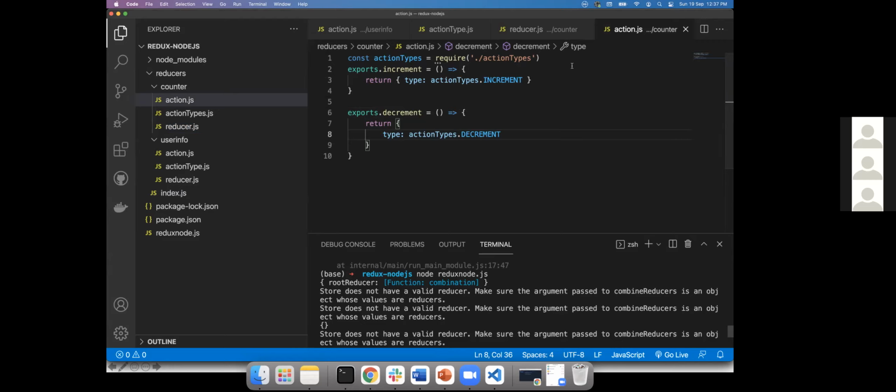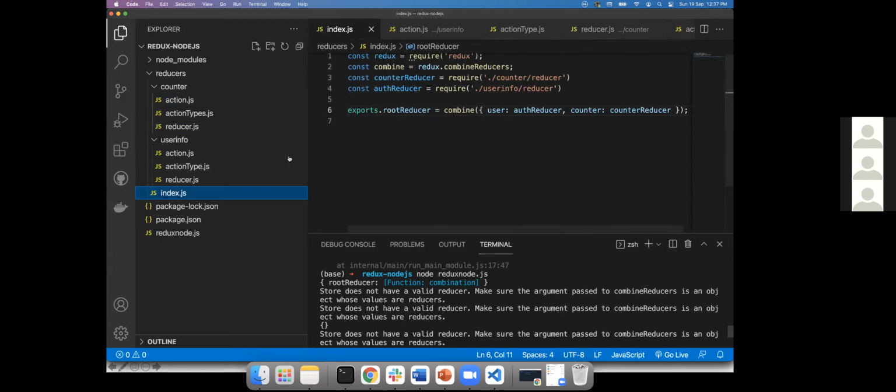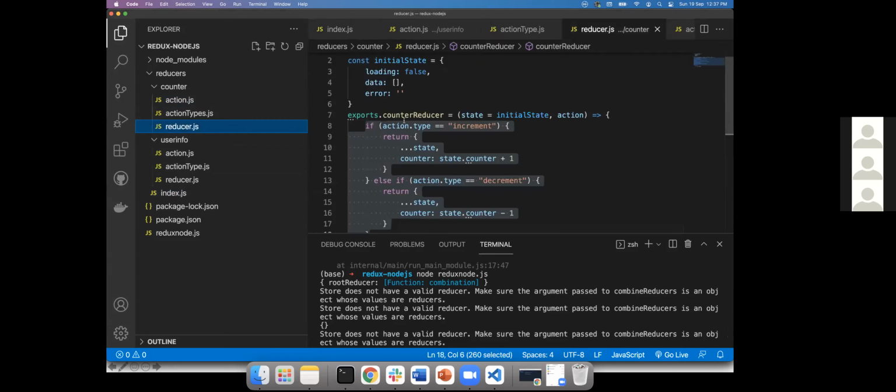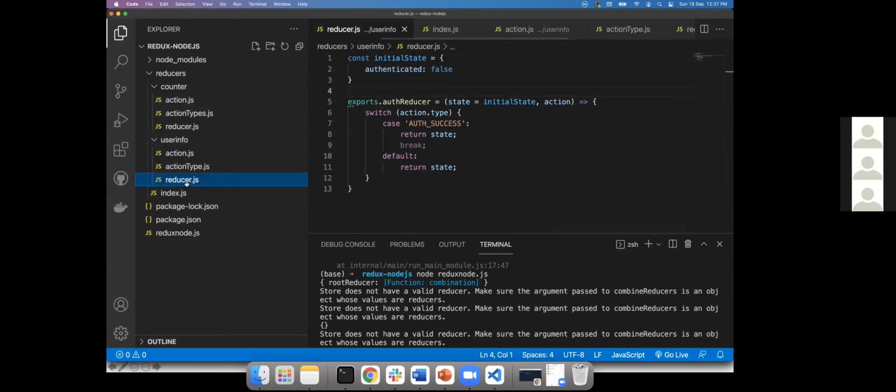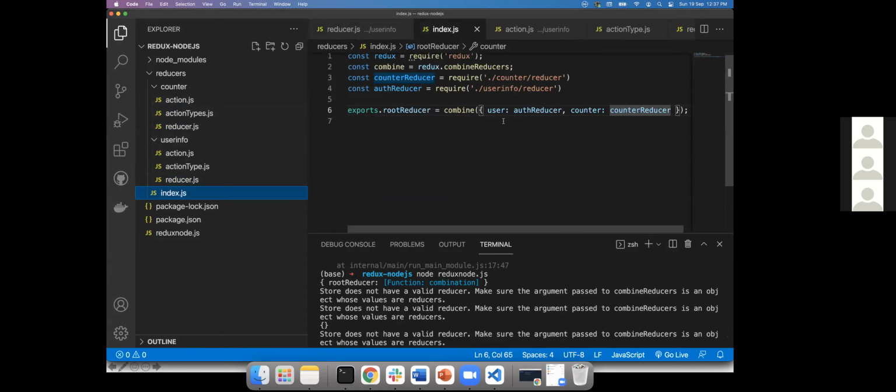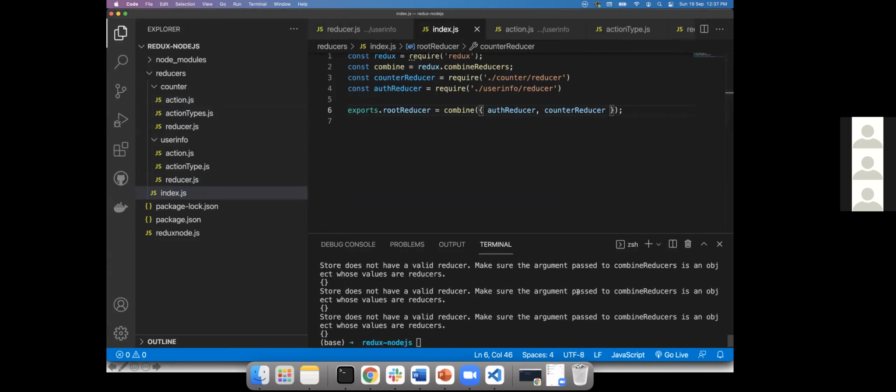Combined reducers, where in index.js, auth reducer, counter reducer. Is it a counter reducer I do? Yeah. Both are same. This also auth reducer. I use the auth reducer. Okay. Auth reducer. Then I can call this. What do they want?